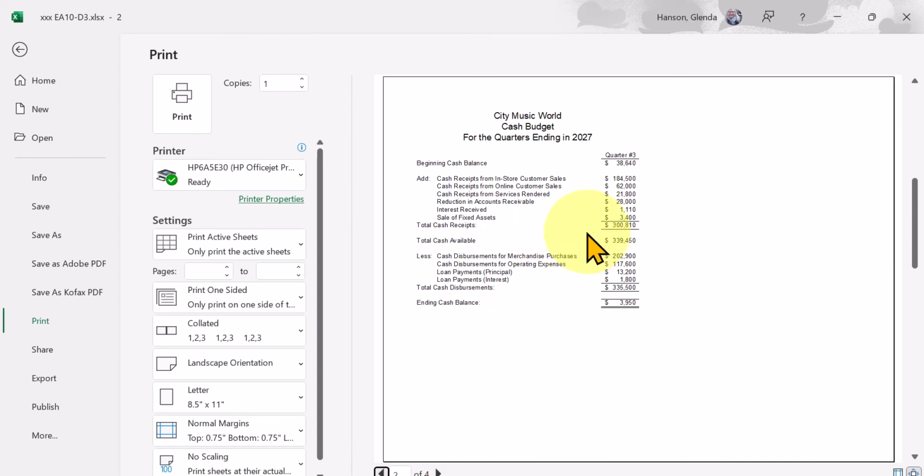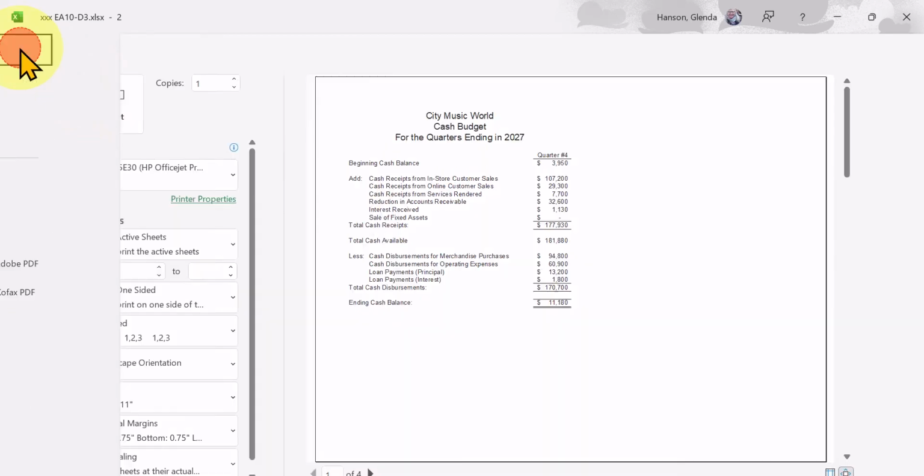Like some people, to get this to work like this, they would repeat this whole thing and put it in front of each of the columns and then try to print it, when actually they have this print title feature that does it all for you. Okay, so there's page 3, page 4, page 1. Perfect. Okay, so now we're done with this exercise,